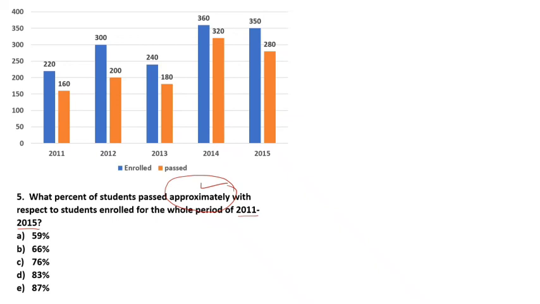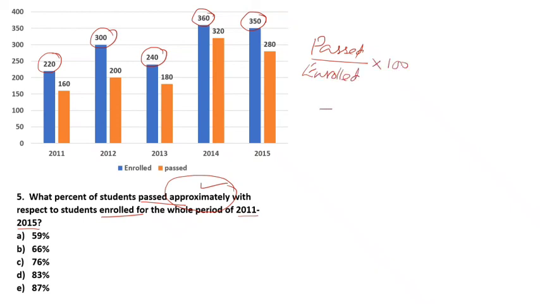So here the total number of students enrolled: 220, 300, 240, 360 and 350. So what is the percentage of students passed and enrolled? So we need to find out total number of students passed divided by total number of students enrolled multiplied by 100. So we have already seen the total number of students passed, 160 plus 200 plus 180 plus 320 plus